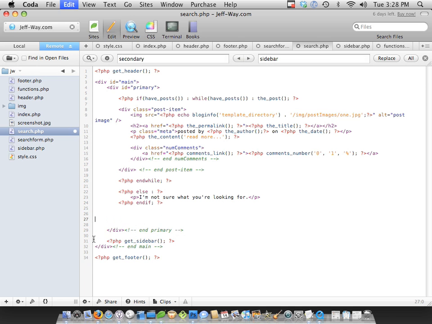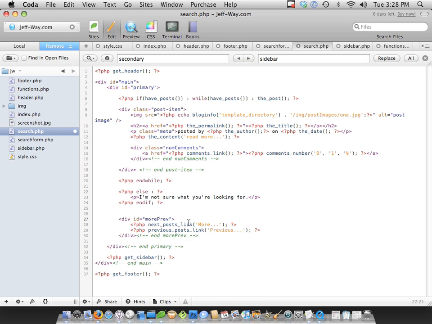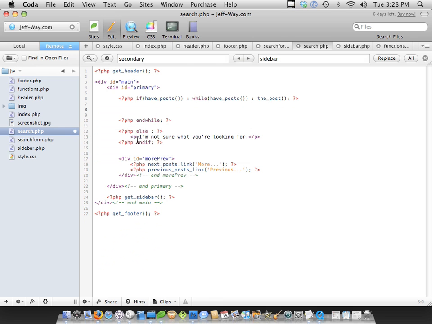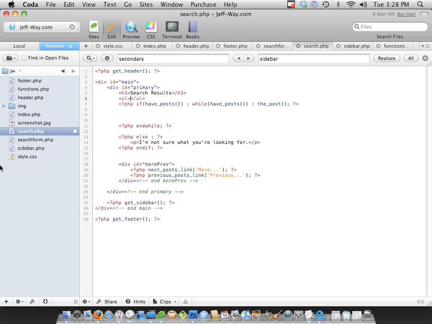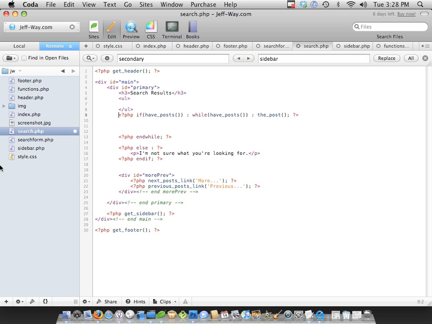Actually, what am I thinking? Of course we need those. What we don't need is the post item. So what I will do here is just get rid of this thing entirely. All right, and we'll say, let's create an unordered list. Well, first within our primary, we're going to keep this very simple. Search results, and we'll create an unordered list and paste in our have posts